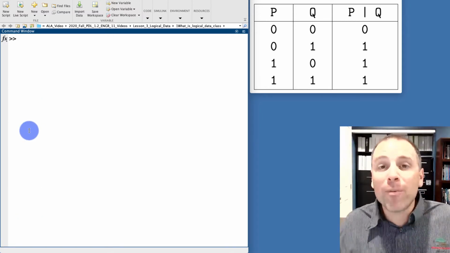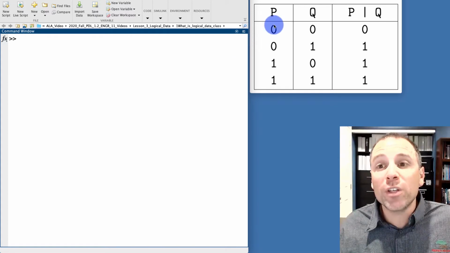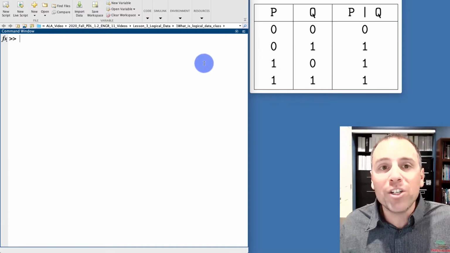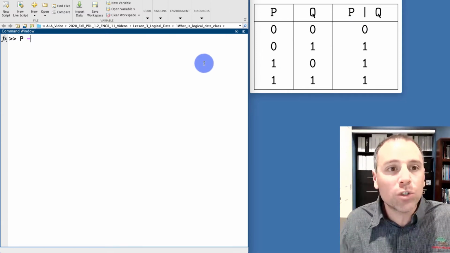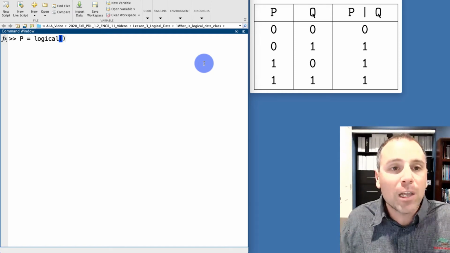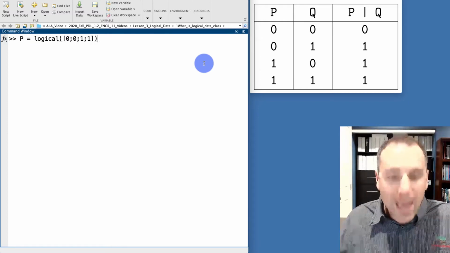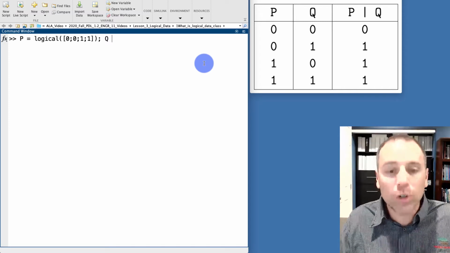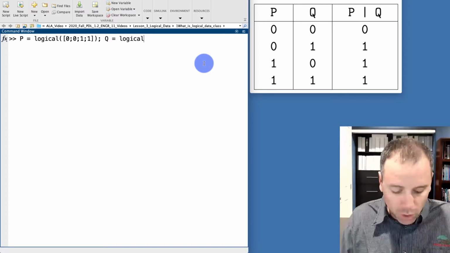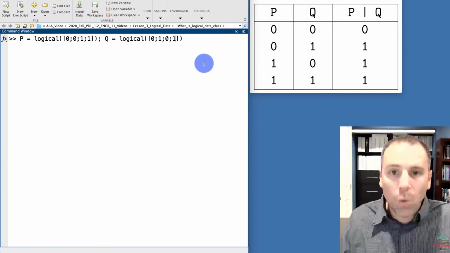Let's kind of level up from our examples. So far, we've been doing all logical OR operations using logical scalars. Let's use some logical vectors to do this type of work. Specifically, we'll try to recreate the truth table using the logical OR operation. We knew that P was going to be equal to a logical vector. In this case, we'll call it a column vector. So let's go ahead and type the logical function of the vector 0, 0, 1, 1. And then we'll say that Q also gets logical output. So we'll call this logical, and then we'll put in 0, 1, 0, 1.